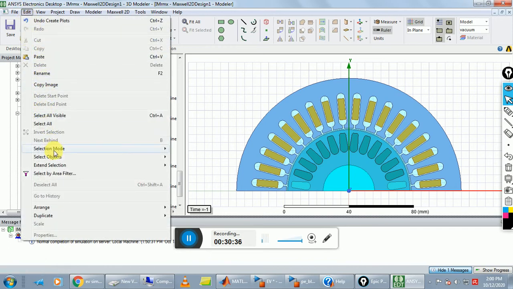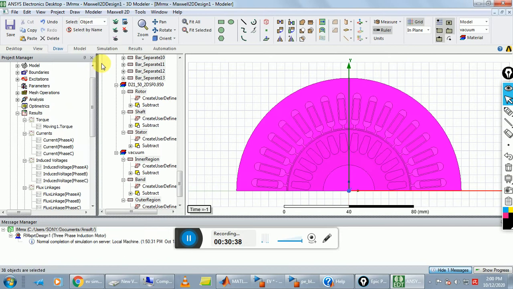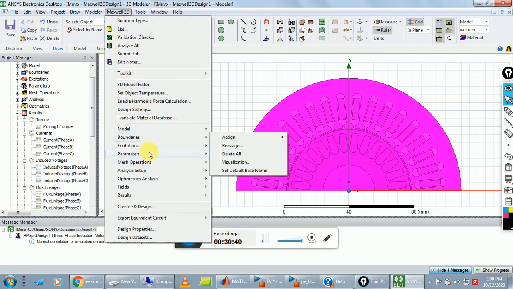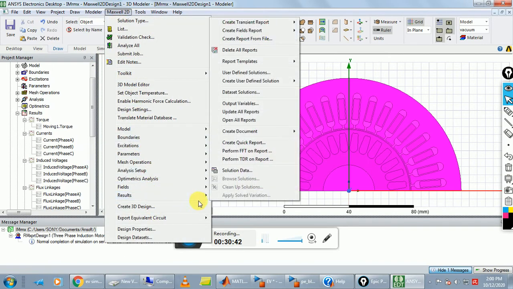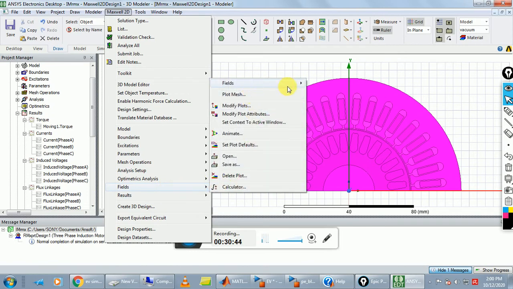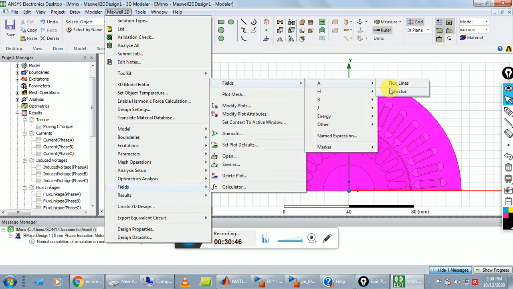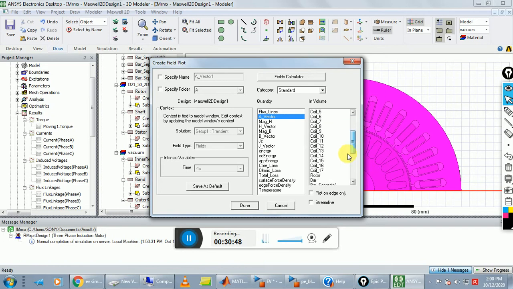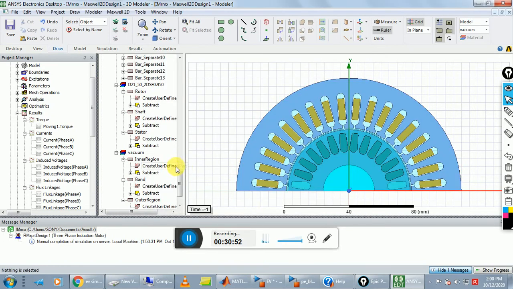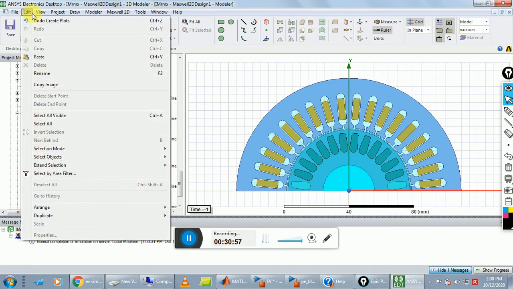Go to edit, click on select all, Maxwell 2D, and search fields, A vector, and here search in volume, select all object, done, and repeat the same step.